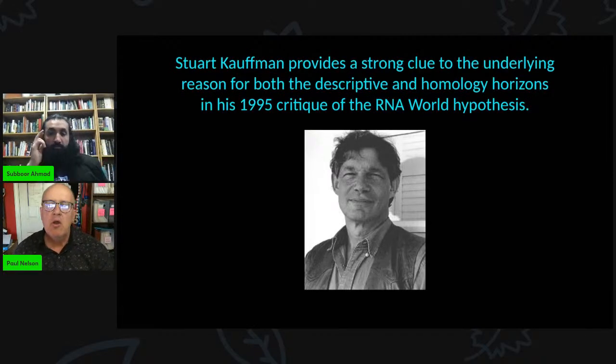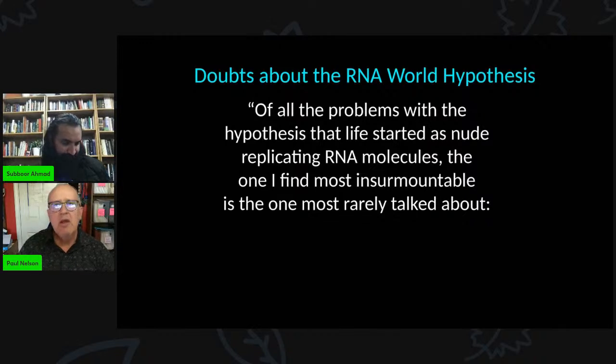All right. We can expand this away from just the ribosome to the full complement of molecular parts that are needed to run a cell. Now, in 1995, so almost 30 years ago, 28 years ago, Stuart Kauffman, who does quite a bit of work on the origin of life, saw this very clearly. He was an early skeptic of the RNA world hypothesis. And he said, the leading candidate for the origin of life right now is the RNA world hypothesis. And it has evidence in its favor, such as the fact that the